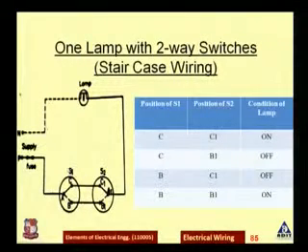Now let us see the last condition, in which I am putting my switch S1 in B position and switch S2 in B1 position. So what will happen? The lamp will be on, because the circuit will complete the path and it will get energized, right? So this phenomenon is used in staircase wiring. Now let us take the example of staircase wiring and understand it again.